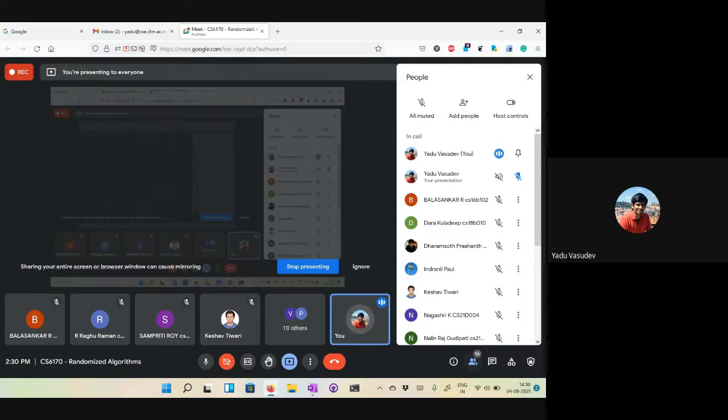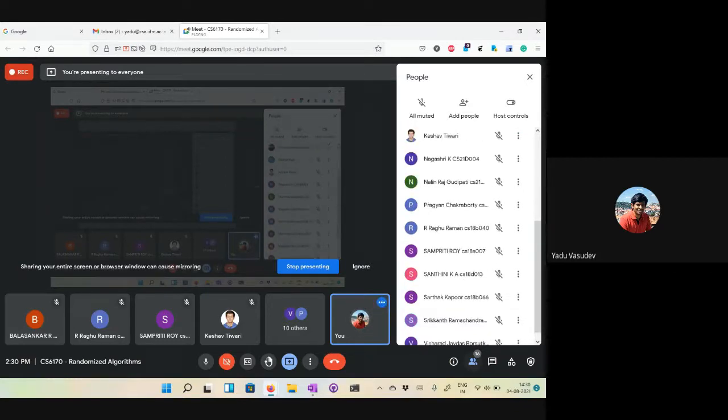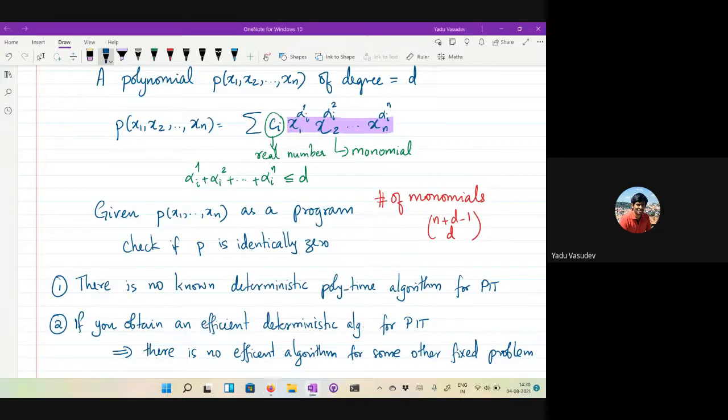Because you need to argue against all possible approaches, all possible algorithms. Whereas intuitively, it seems easier to design an efficient algorithm, right? As compared to proving that there is no efficient algorithm. So this basically connects the two together. It tells you that the seemingly easy thing of coming up with an efficient algorithm for PIT is also sufficient to prove that there is no efficient algorithm for some other problem, right? So that way, this problem is very interesting.